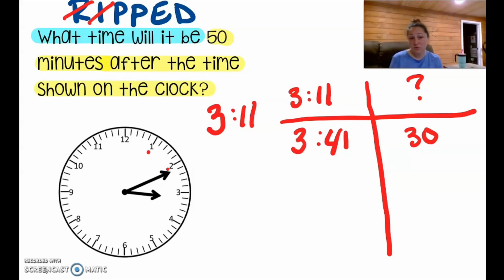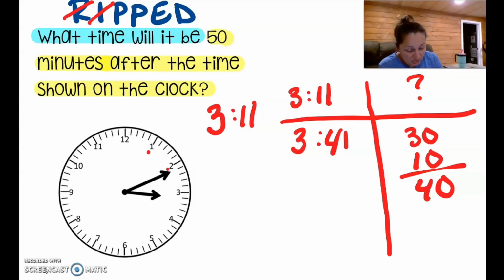Have any hours here. So 3:41. All right, I've got 20 more minutes, but I know if I go over 20 minutes, I'm going to go into the next hour because there's 60 minutes in an hour. So let's just go up another 10 right now. That would put me up 40 minutes. So let's go up another 10. So this would be